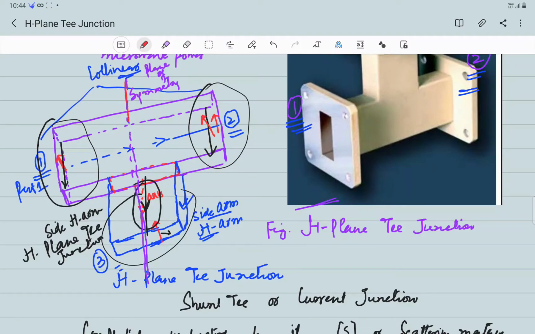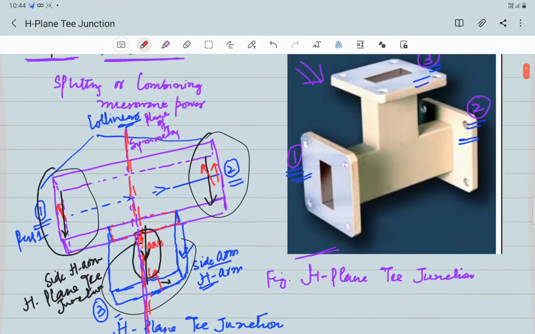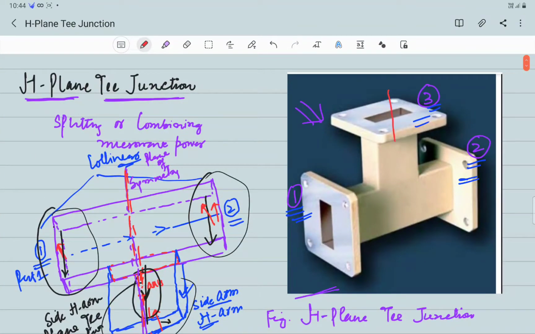So this is where the plane of symmetry lies, along this red line. This is the plane of symmetry. If I draw a plane through this red line perpendicular to the plane of this T, it will bisect it into 2 parts, which will be symmetric. We can also see from the physical structure, if I draw a plane here, which bisects it like this,